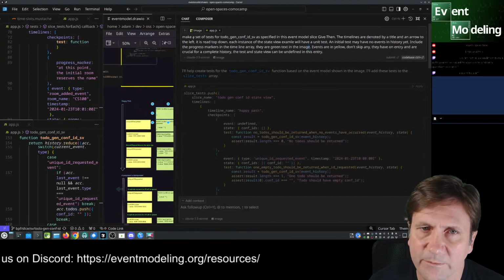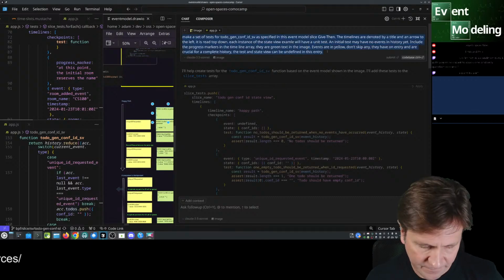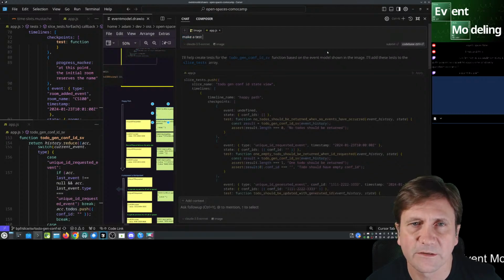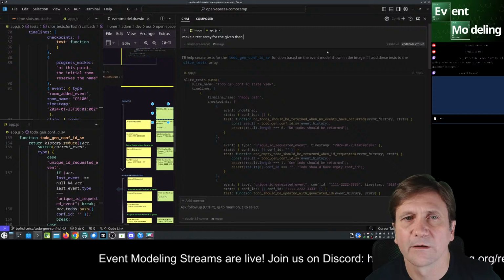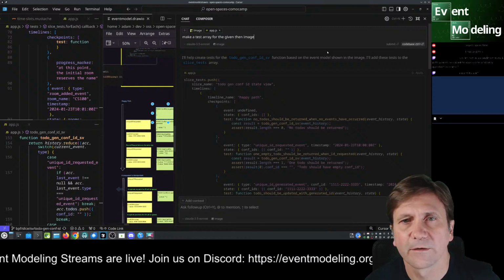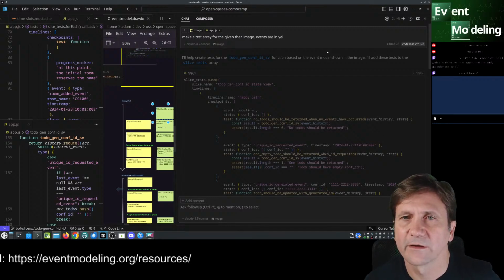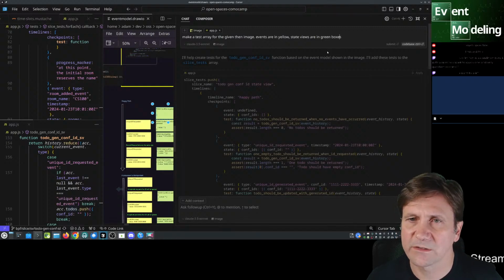Let's make sure we define what that is. Start from the beginning. Make a test array for the given image. Events are in yellow. State views are in green. Boxes, let's do boxes.